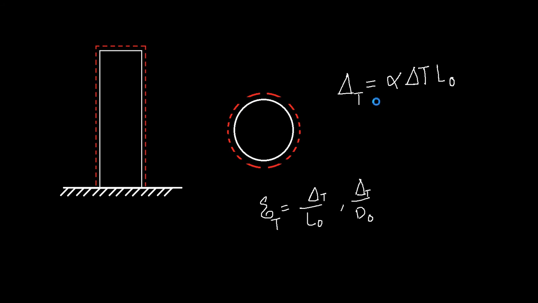So if you are looking at the change in length, then this will be applicable. Alpha delta T times L0 will give you the increase or decrease in length with the change in temperature. This equation is quite often used in calculations, so it is absolutely necessary that you understand this concept